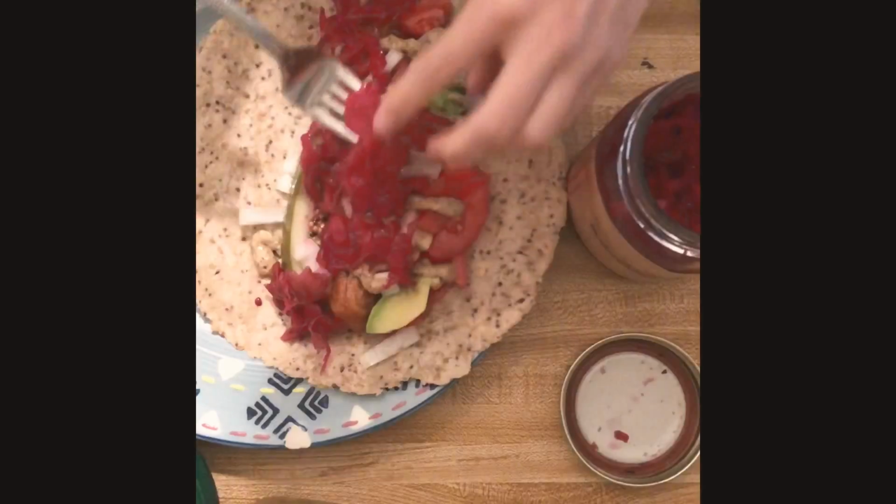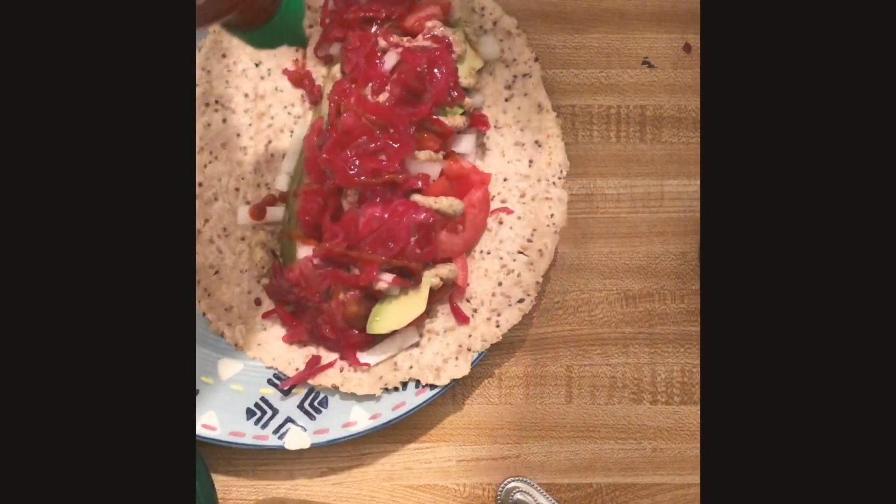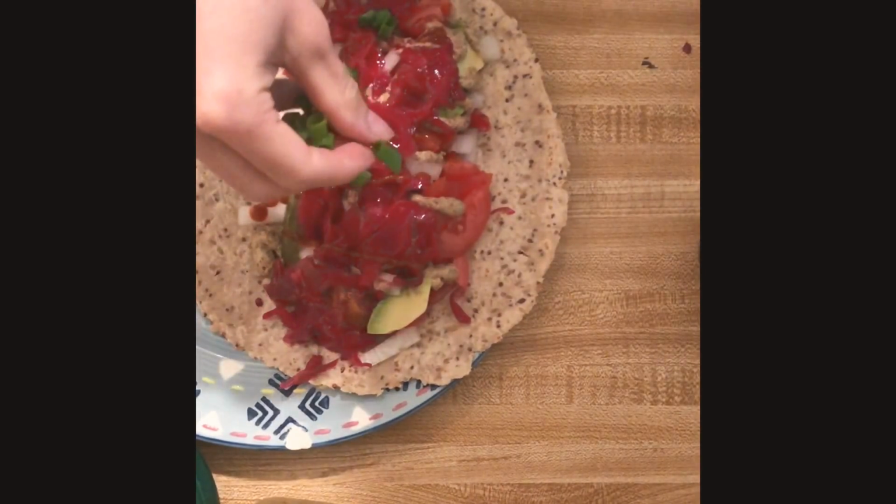Now I'm adding some spicy ginger sauerkraut. Forget about sriracha. Gotta add a little bit of that. Next up, I'm just gonna put some green onion on top and